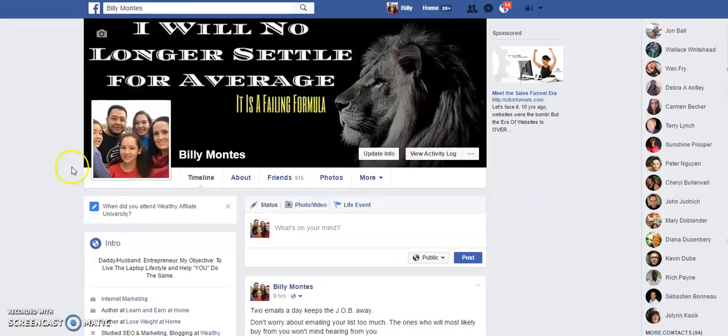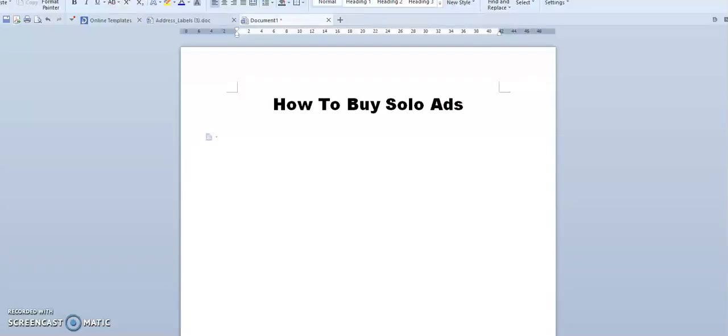So with that being said, I'm going to pull out this Word document because I thought it was pretty cool last time I used it. So today, again, like I said, we're going to talk about how to buy solo ads. So the first thing we want to do is where to look for solo ads. So obviously you can find different solo ad agencies,